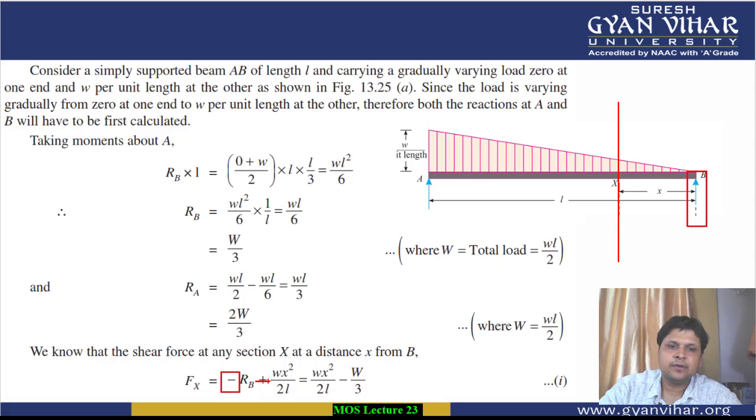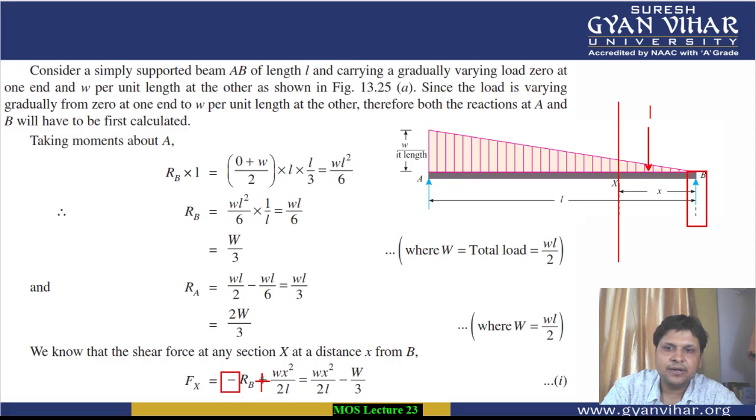Then plus Y, because the load UVL which is acting here will be considered on the downward side, and downward forces are positive. And since it is the UVL, we will convert it into a point load. How will we calculate its value? The length we consider for its calculation will now be X, because we are not considering the whole section, we are considering a small portion whose length is X.